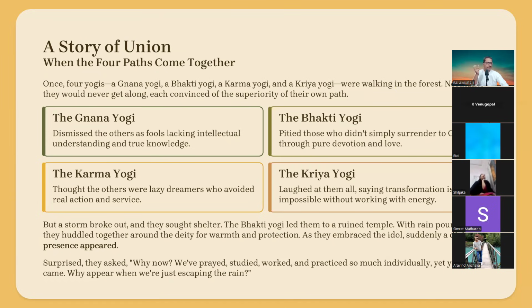One talks from bhakti, devotion, the other talks from jnana. So these four people today, they are going, and there was a thunderstorm. The bhakti yogi knows where the temple is. He knows the temple and the area, all those things, because he goes all the time. So he told these three people, come, there's a temple here. It seems like there will be too much rain. We'll go and stay there.